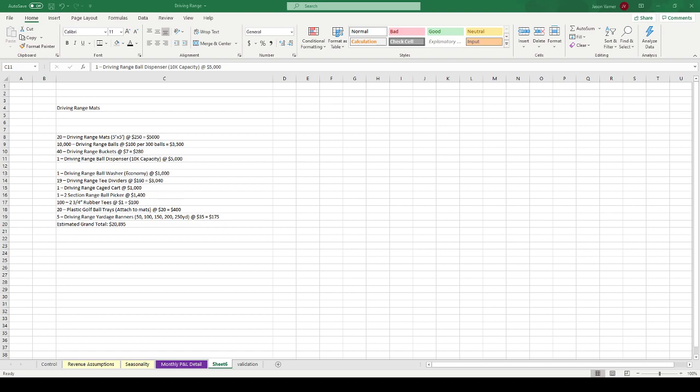Oh, okay. So I guess you keep that stocked up. They put in the money, and then they get the balls. Okay, yeah, you're going to need that. So that's to automate that process, which we do want to do. You put all the balls in your dispenser, people put in money, and they get some balls out, and then they go hit them. You fill it up at the end of the day. Okay. Driving range ball washer,